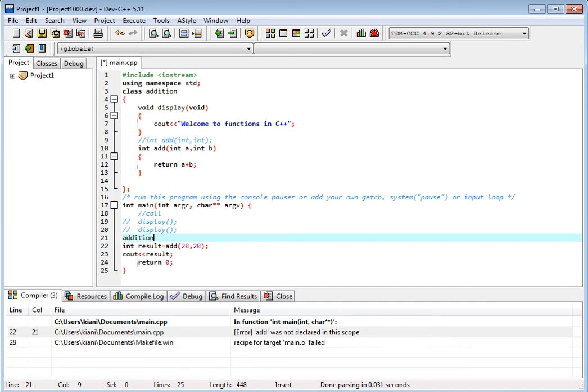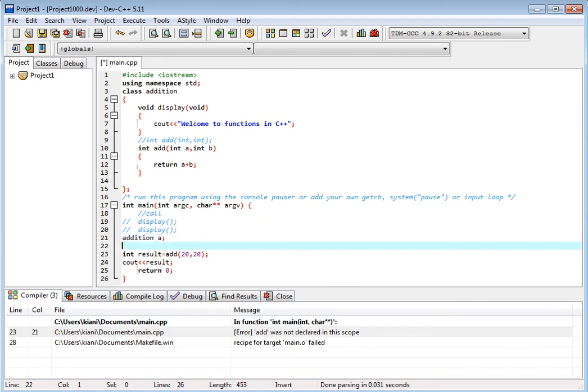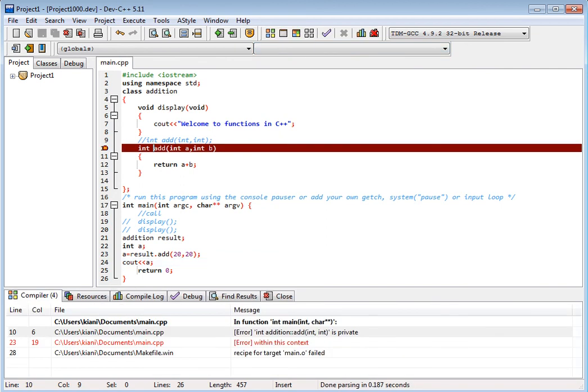We write addition result, and result dot add, this is integer, and we print this a.